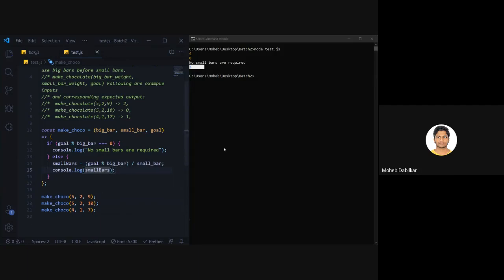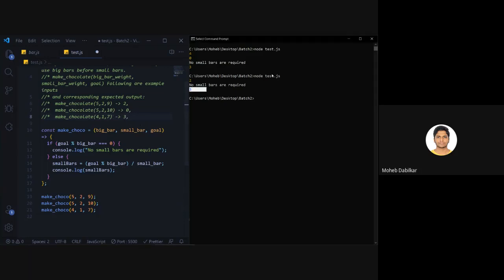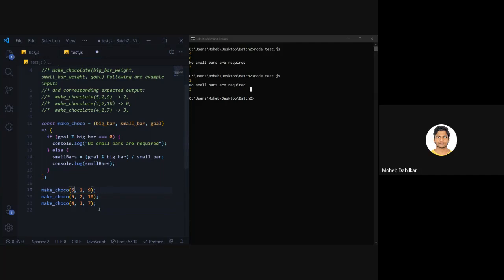So now if I save this and run this again, you see it says 2 and it says 3 over here. And that is exactly what we needed. Actually this also should be 3. I put in 2 over there. That is my mistake. All right. So you can see that it works as it is intended to work. So if I put in 15 over here now, it should not work actually.